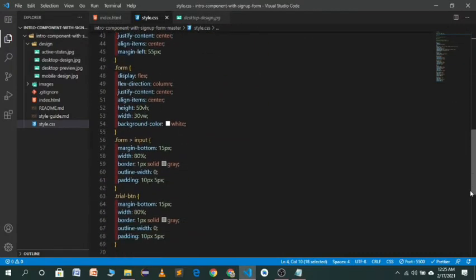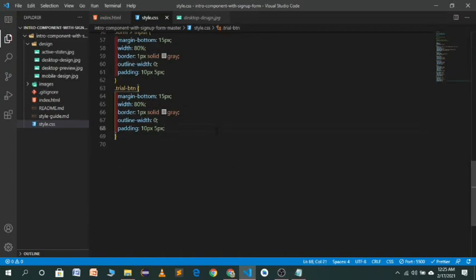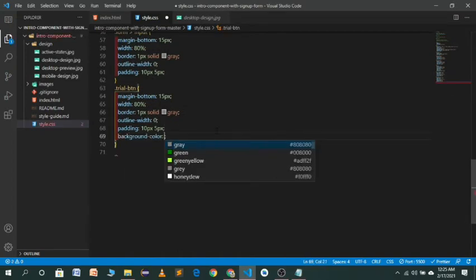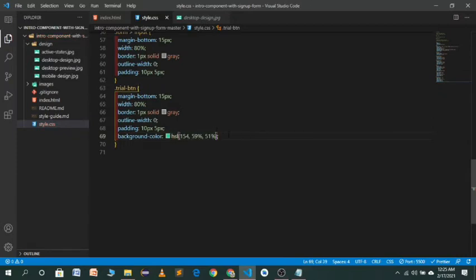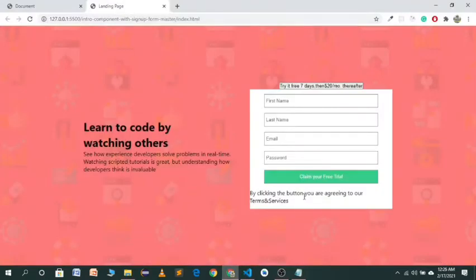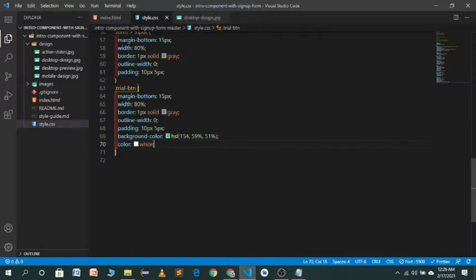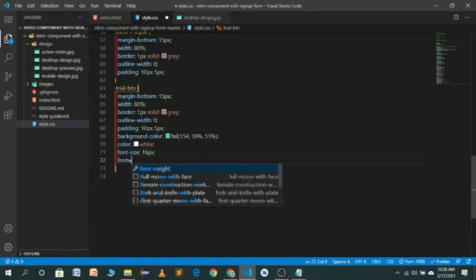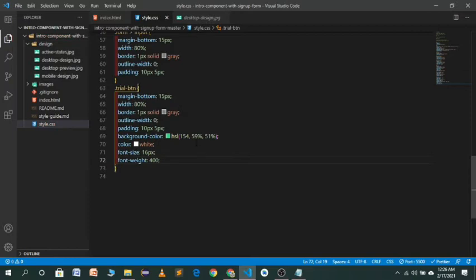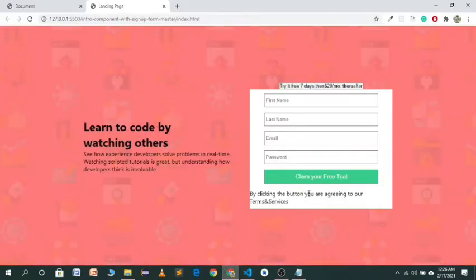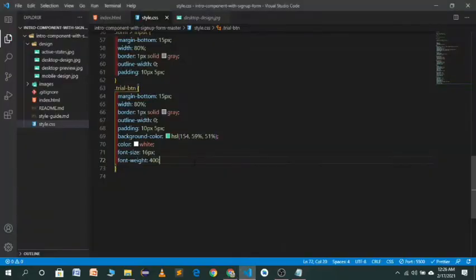This will be the background color for our button. Background color will be this one, and the color we will use white. So it's looking nice, but we have to give it a font size of maybe 16 pixels. Font weight will be 400, will look good, I think. Let's see, it's looking nice. We will use a cursor pointer,